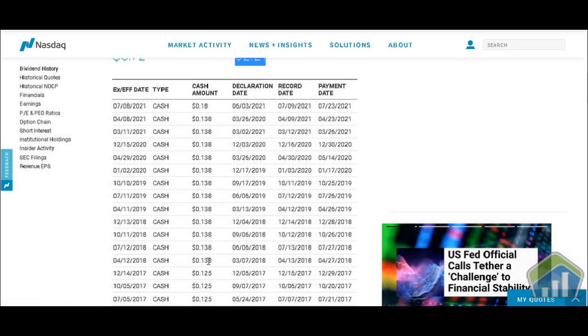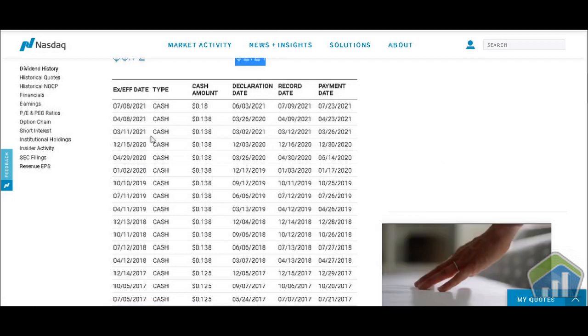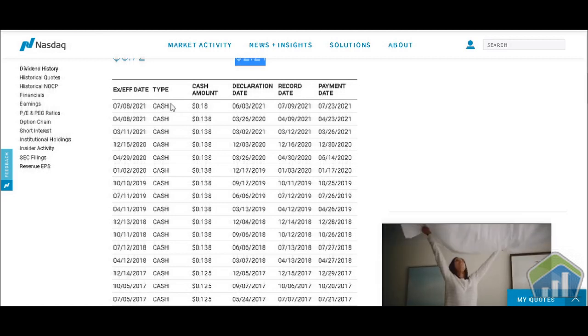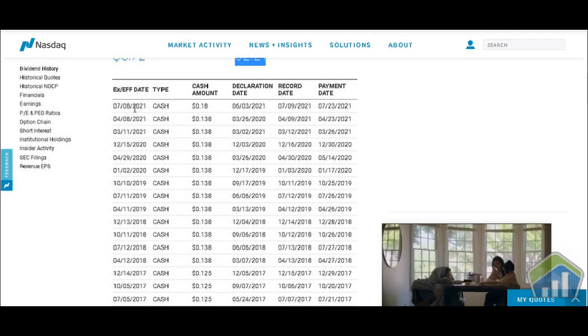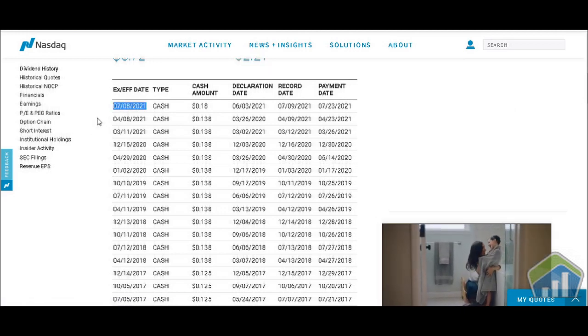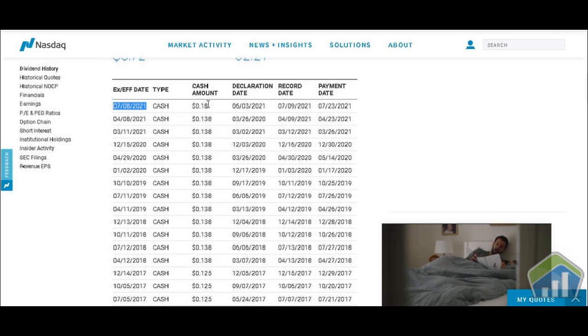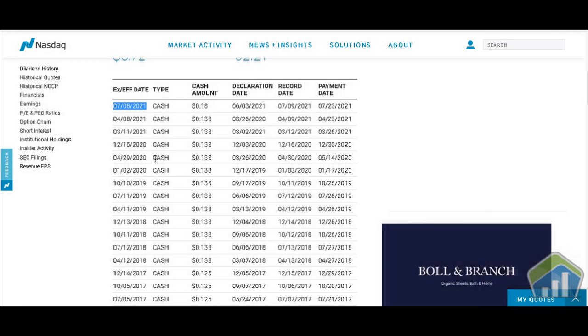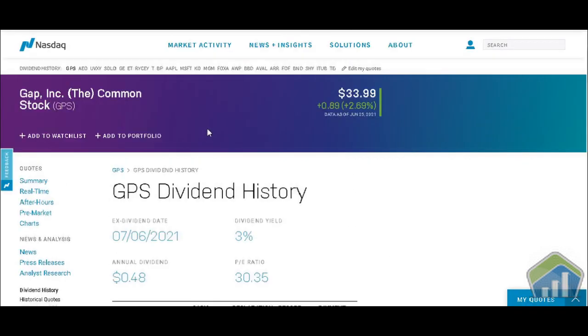It changed maybe around 2018 to 13.8, and then as you can see, during the pandemic, 1, 2, 3, they paid out 3 of the quarters so far during the pandemic, and then we go into 2021 and they're paying out the 13.8 as well. They up the amount to 18 cents for the 3rd quarter of 2021, right? So 3rd quarter of 2021, they're gonna pay out 18 cents, so a little bit more. It looks like they're trying to make up for not paying us one of those quarters in 2020, but we'll see. So as you can see, they are paying,